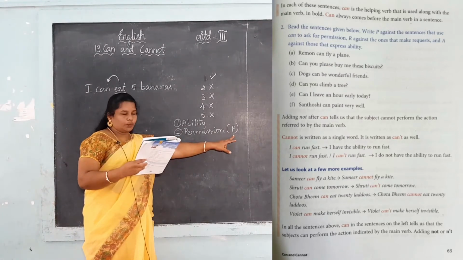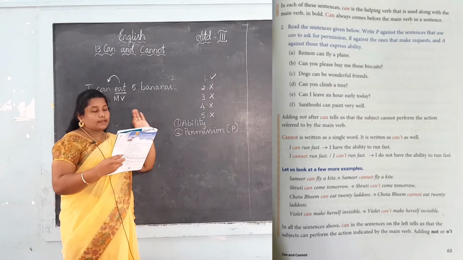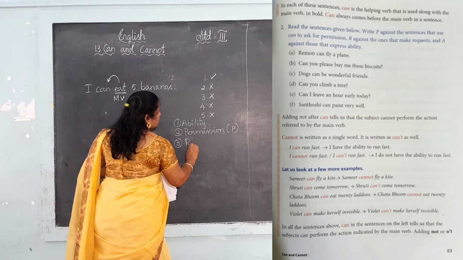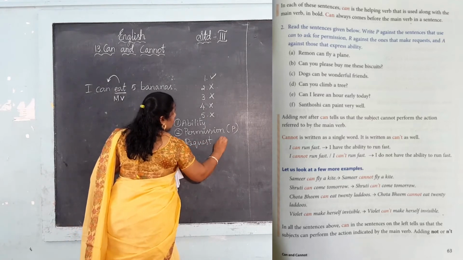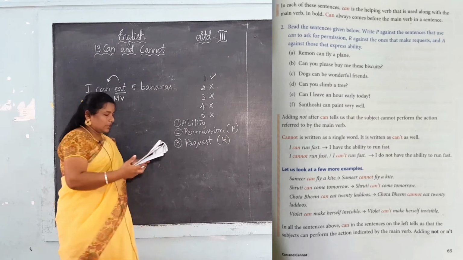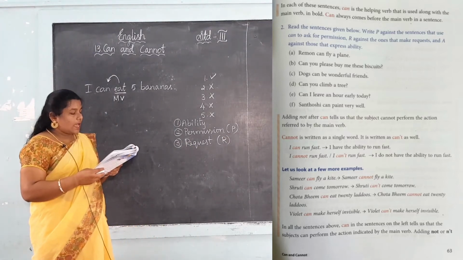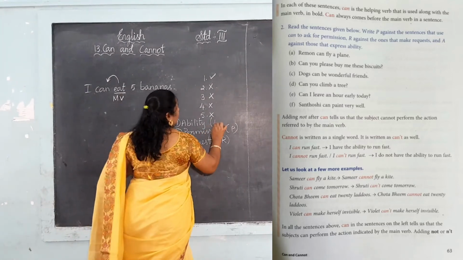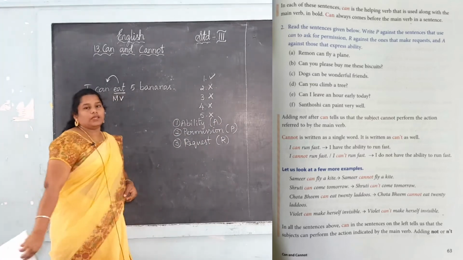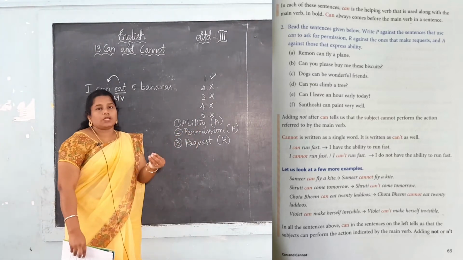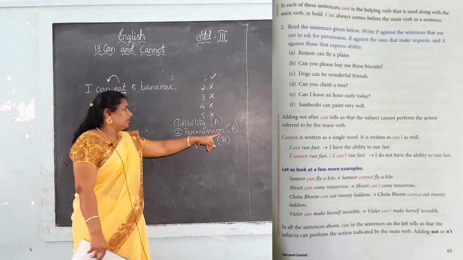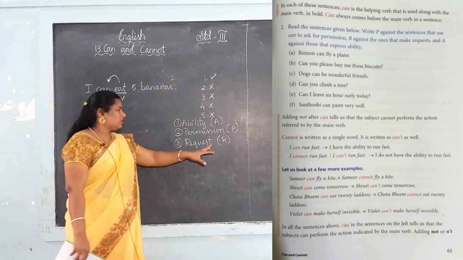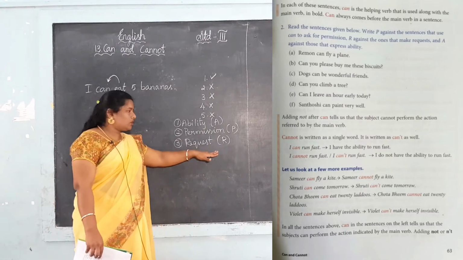So, for that we want to put P, and R against the ones that make a request. நம்ம ஒரு request கேட்கும். Okay வா, request கேட்கும் அப்படின்னா, so we want to put R. Okay, for the request we want to put R and A against those that express ability. Ability na என்னால முடியும். என்னால முடியும் அப்படிங்கிறதுக்கு A போடணும். Permission கேட்குற மாதிரி கேட்டால், ரிலேஷன்ட்ட கேட்டால் we want to use P. Then request. Request means we can ask request, right? So please அப்படின்னு சொல்லி நம்ம ரெக்வெஸ்ட் கேட்கும்போது R யூஸ் பண்ணுவோம்.